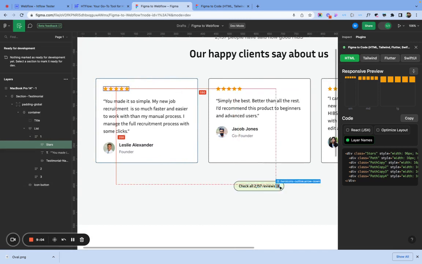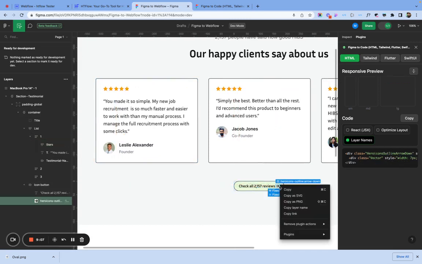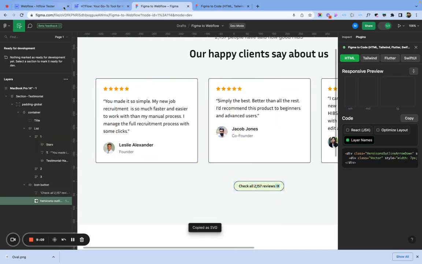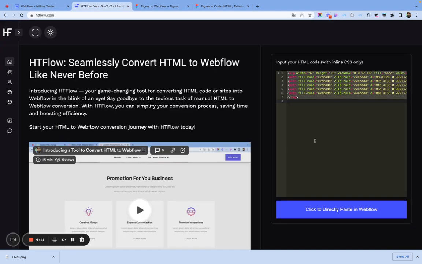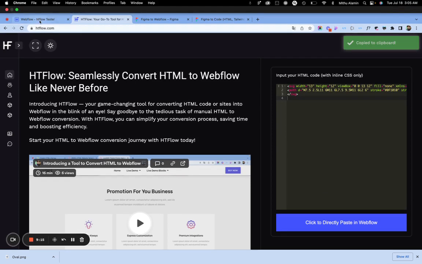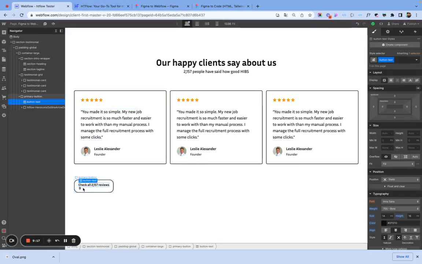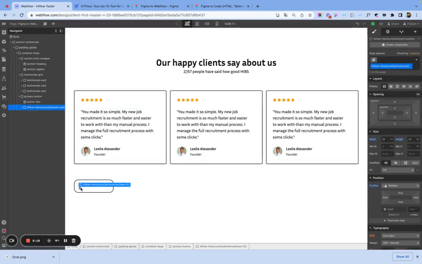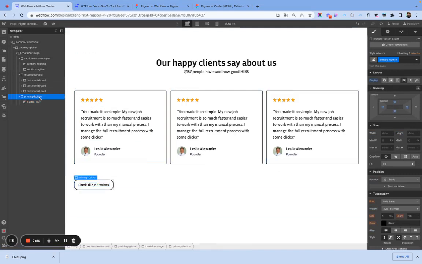And this button has an icon, so this icon we can copy, and we come back to HTFlow again and paste it, and then copy that one. And then I'm going to remove this one. I'm going to paste it here. Okay, so that should be